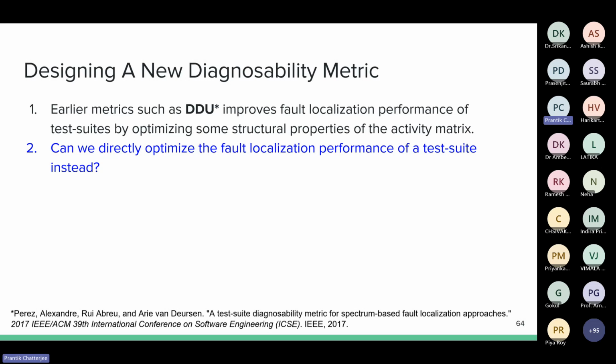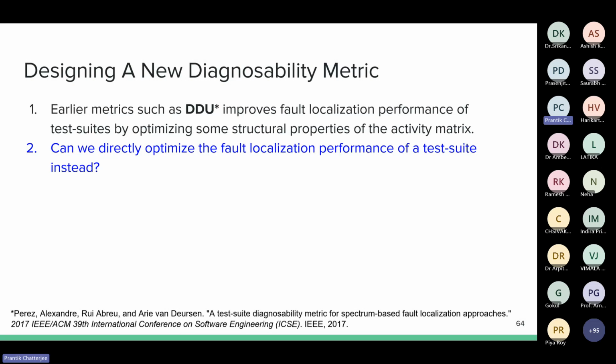All right. So the way these diagnosability metrics work is that they try to assign a score to the quality of test suites, and DDU does so by examining the structure of an activity matrix. The activity matrix, you will remember, is the binary 0-1 matrix, and the way it examines the structure is that it computes the density of the matrix, which is the number of zeros versus ones, and diversity, which says that each row must be unique.